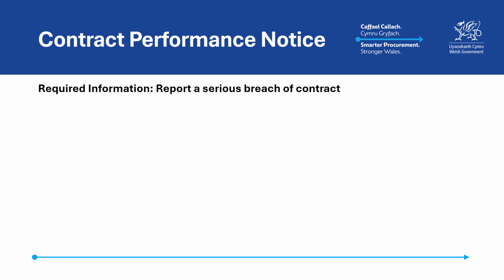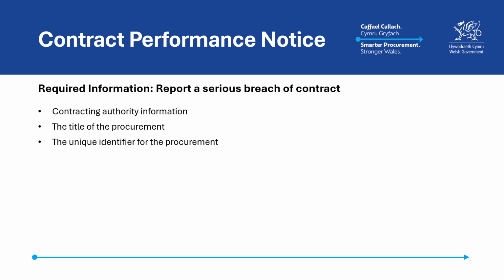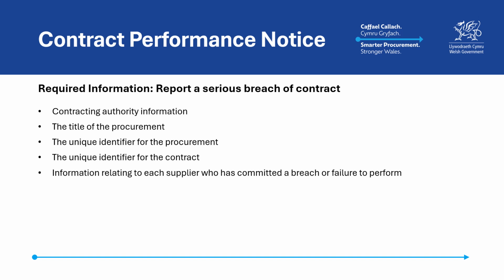The following is a summary of the information required when completing contract performance notices to report any serious breach of contract as per Section 71 of the Act. The required information is information about the contracting authority, the title of the procurement, the unique identifier relating to the procurement, the unique identifier relating to the contract, information about each supplier who has committed the breach or failure to perform set out in the notice, such as the supplier's name, contact postal address, and the unique identifier for the supplier,